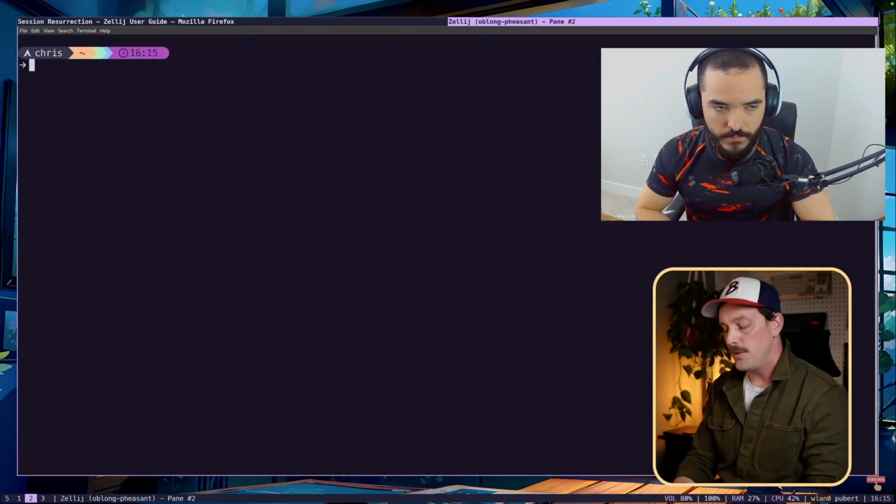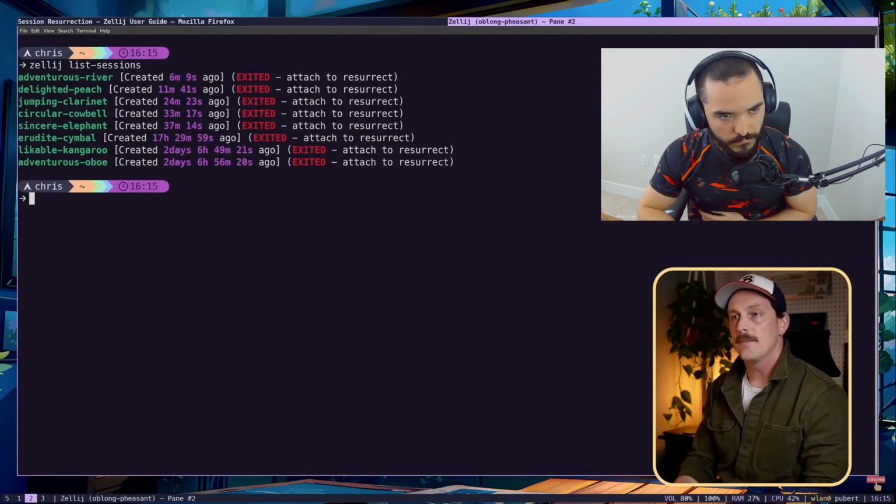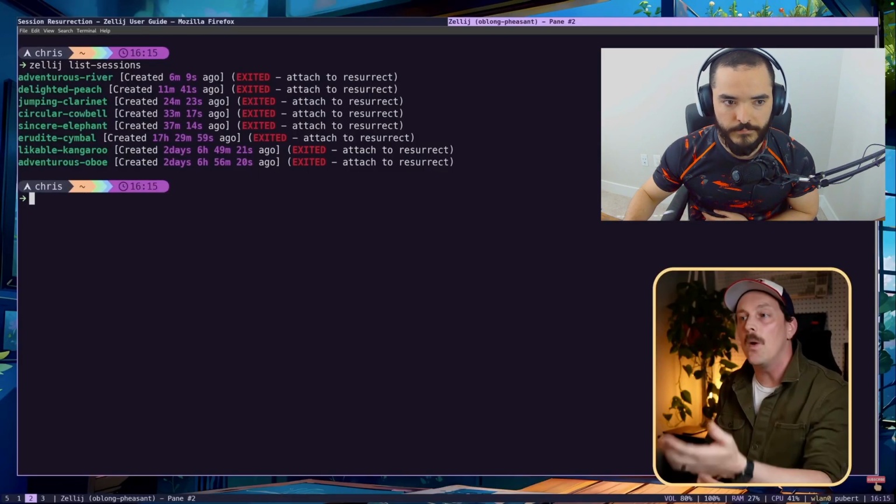But essentially, if you run Zellij and pass the list sessions argument, you will have a list of all the sessions that you recently created, even the ones that you exited. It's great that this comes built in. With tmux, you need to use a plugin or maybe even a couple of plugins to get this kind of functionality. It's pretty great. Also, you can manage your sessions from within Zellij,